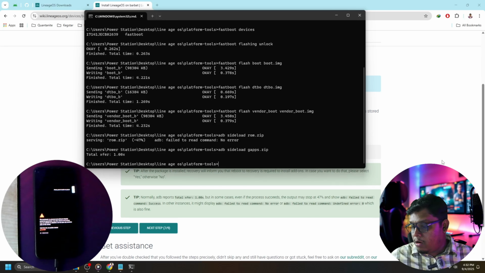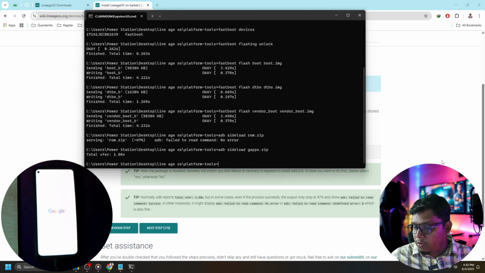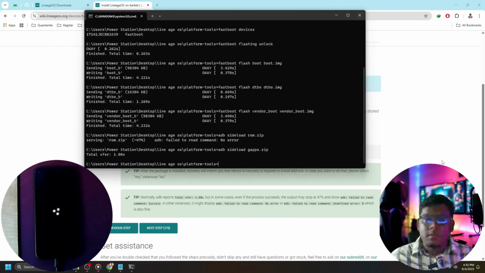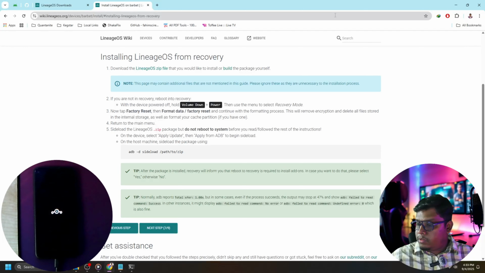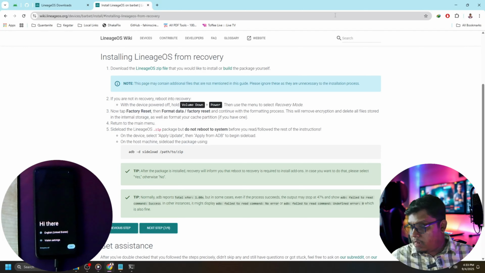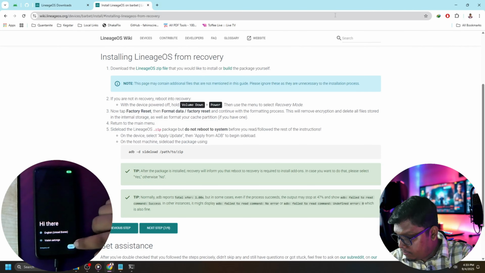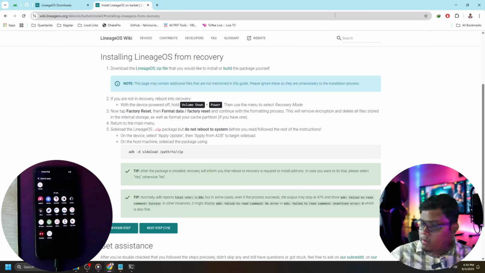As my bootloader is unlocked, it will show a warning every time I reboot my device. That's not a big deal for me. So after that Google logo, the LineageOS logo should render. Yes, I think this phone will boot. Let's hope for the best. It's detected from the computer, so it should boot. Yeah. Setup offline. As you can see, Google apps like Play Store are there, and I can see Google there, so we can assume that